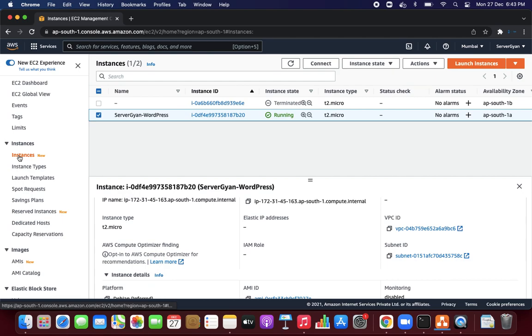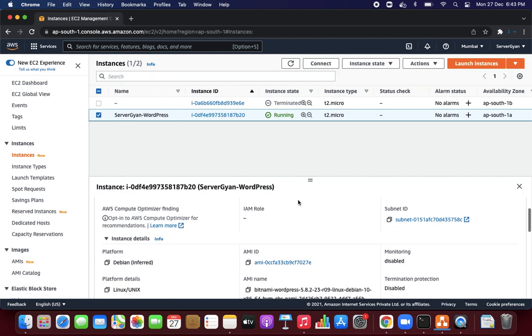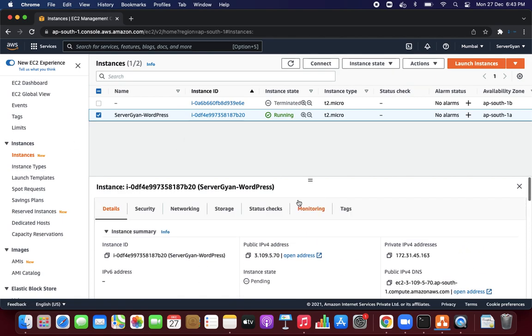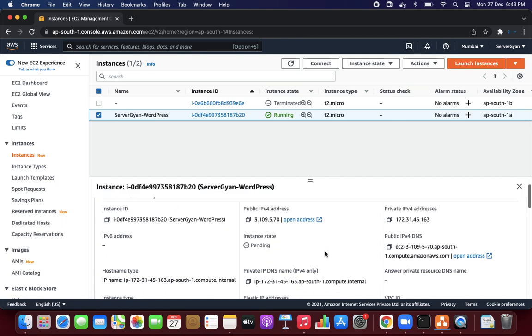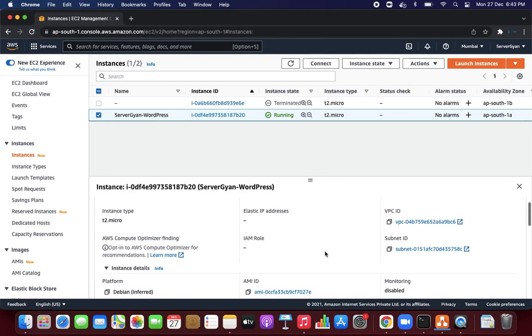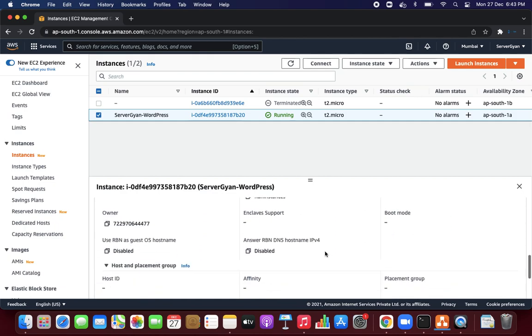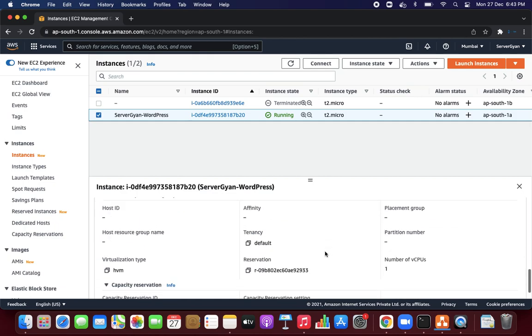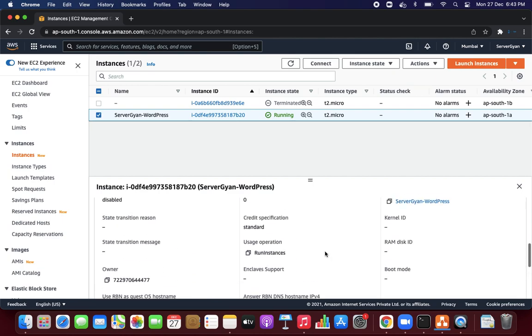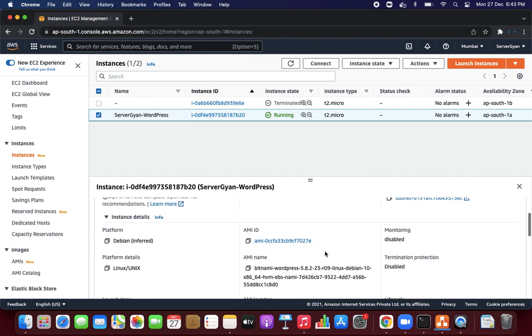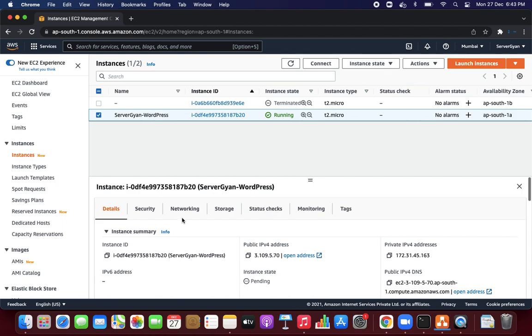Once again, we will go back to instance, and now if we see here, we shall be able to figure out that this is the particular private IP address, and going forward, we shall be able to figure out the elastic IP address of this machine. Okay, where is that particular elastic IP address? Okay, that should be in the networking section.